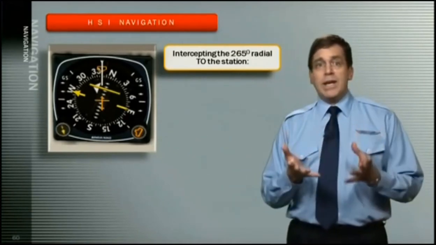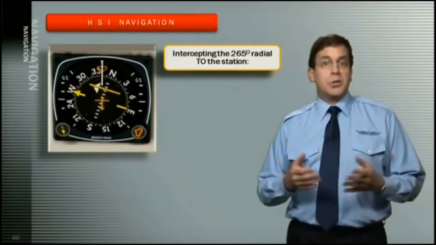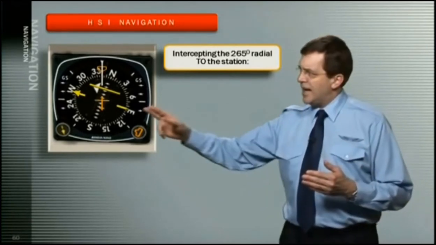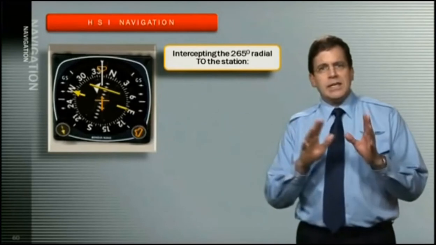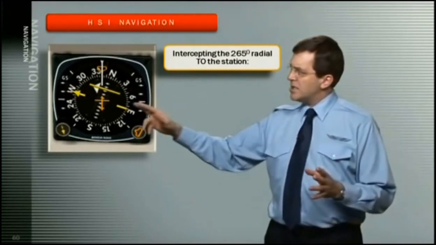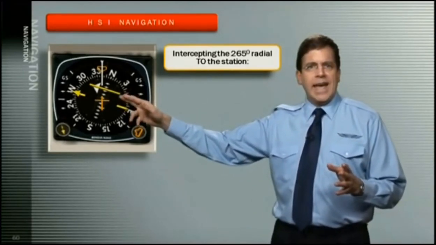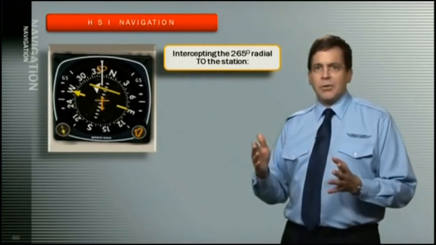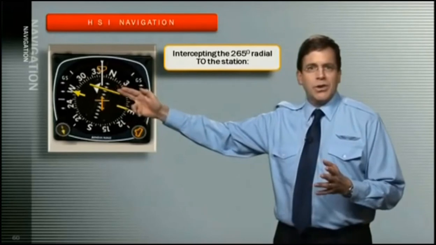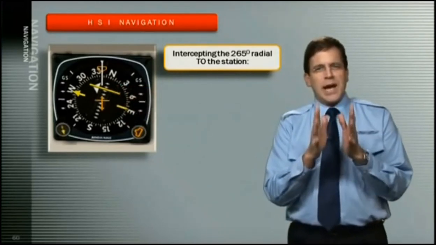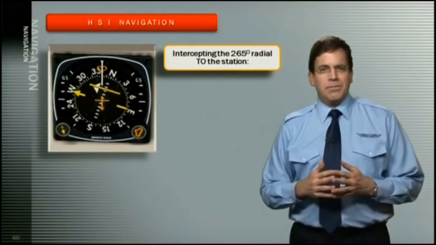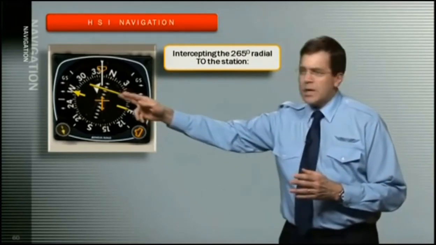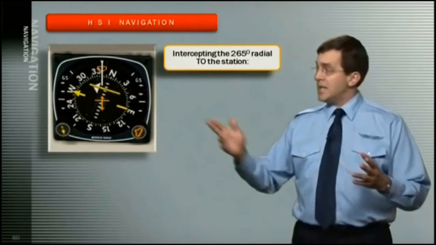So now our radio and HSI are correctly tuned and set. By looking at the center of the HSI instrument display, we see a depiction telling us the relationship between the aircraft heading and the radial. If the CDI is deflected to the left or right of the head pointer, then that shows how to intercept the indicated radial. Usually you want to make this intercept angle at about 30 to 40 degrees, in this case